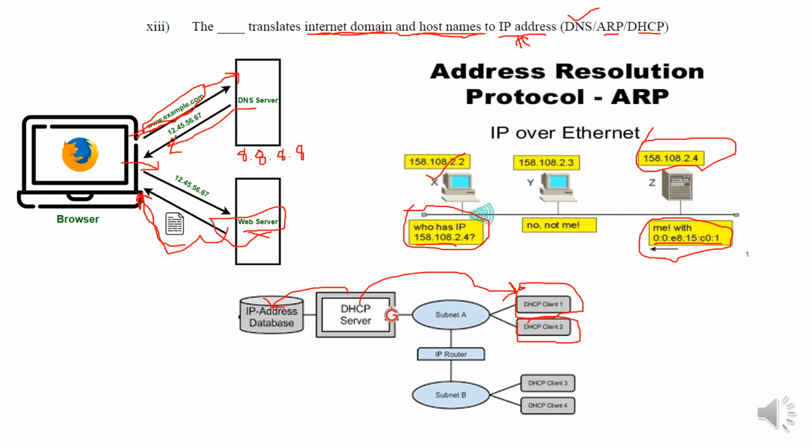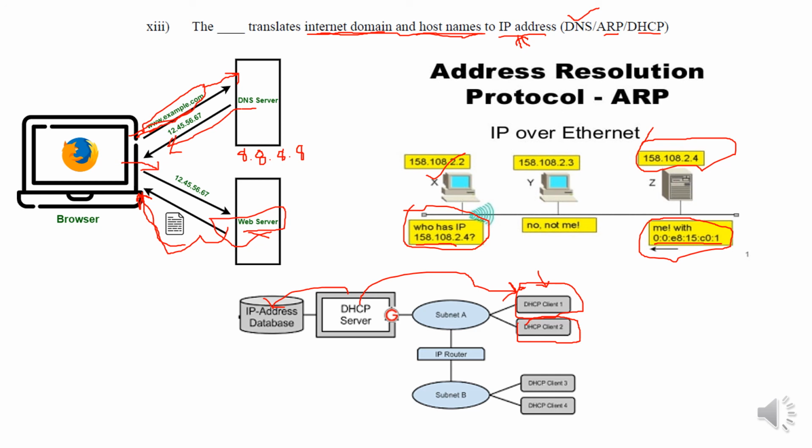Again, when another client is turned on, another IP address is assigned, so it avoids IP conflict. If manual configuration is used, it may happen that two clients are given the same IP address. In that case, they both cannot communicate through the internet or the network, because if the same IP address is present on two hosts, that is an IP address conflict, and no packet will be received by them, or they will not be able to send any packet. So this can be avoided using the DHCP server.